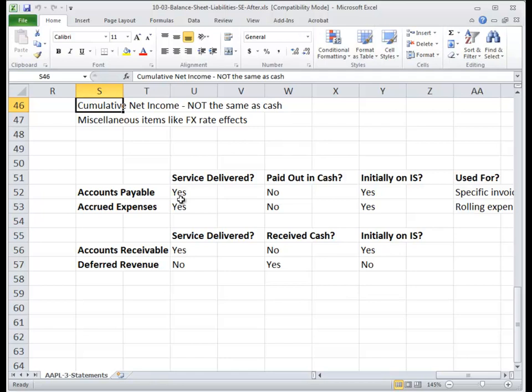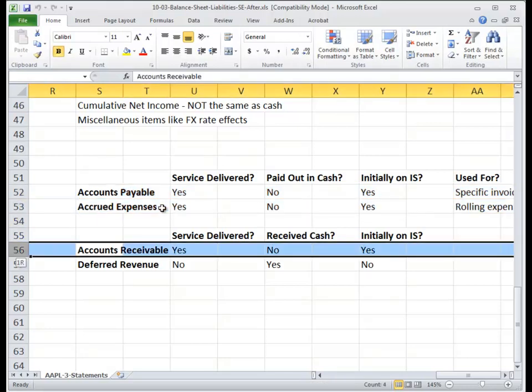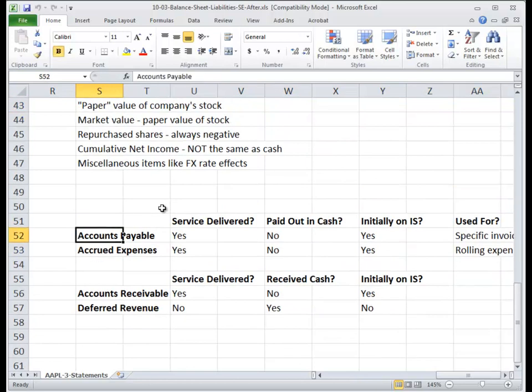Two other questions I want to address and make sure are crystal clear. I've gotten some questions on the difference between some very closely related items on the balance sheet, specifically accounts payable versus accrued expenses, and then accounts receivable versus deferred revenue. So we're going to look at the first one here, accounts payable and accrued expenses first, because the difference here